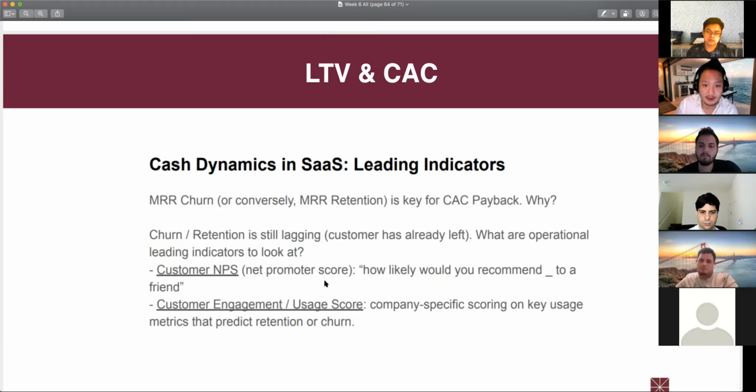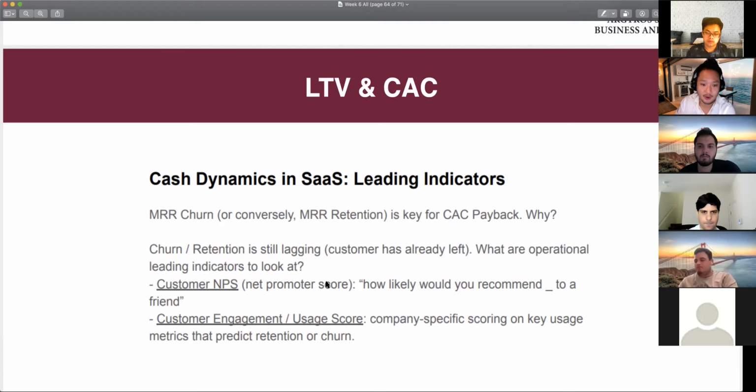And also you can look at win-loss ratio. Win-loss ratio is when you're trying to assess how often you lose your business to a competitor. So sometimes you can do surveys, or if you train your sales guys really well, maybe you can have them do follow-up calls to understand how often you're losing to a competitor, and that will give you a pretty good assessment on where you're at.